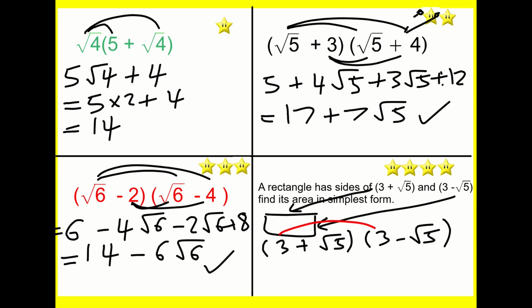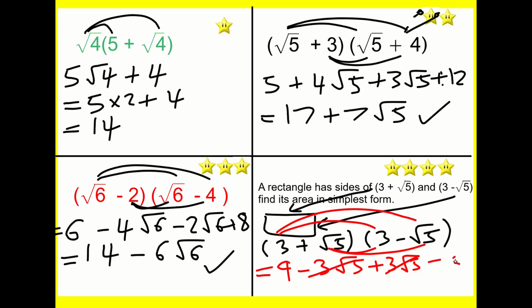So we're going to do 3 times 3 is 9, and then I'm going to do 3 times minus root 5, which is going to give me minus 3 root 5. Then I'm going to add on 3 root 5, and immediately I'm going to see that these cancel, which is great. And then the last bit is that I'm going to minus 5. If I haven't done that too quickly, just get the little crab in. I'm forgetting to draw. Oh, that's half the fun. Okay, and so I've got 9 minus 5, and actually the area is 4. I've got this rectangle with 2 surds of sides, but it has a nice integer